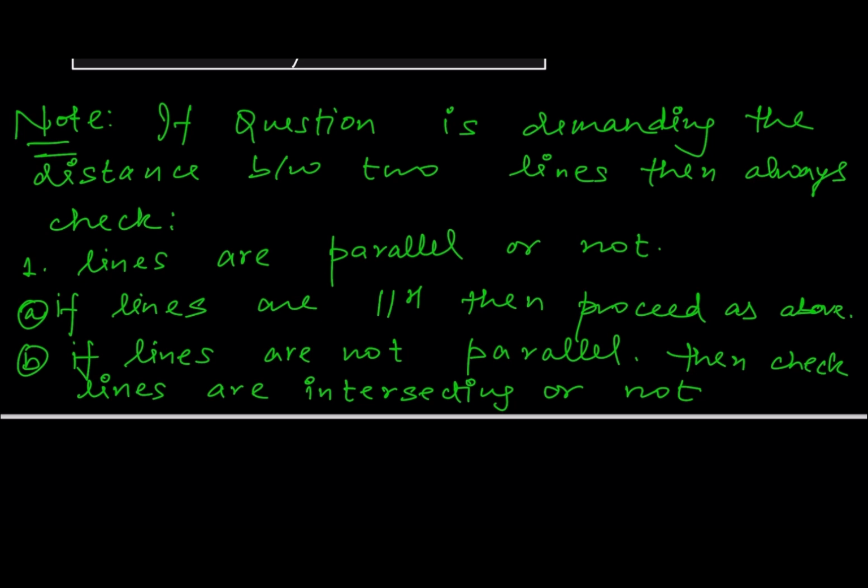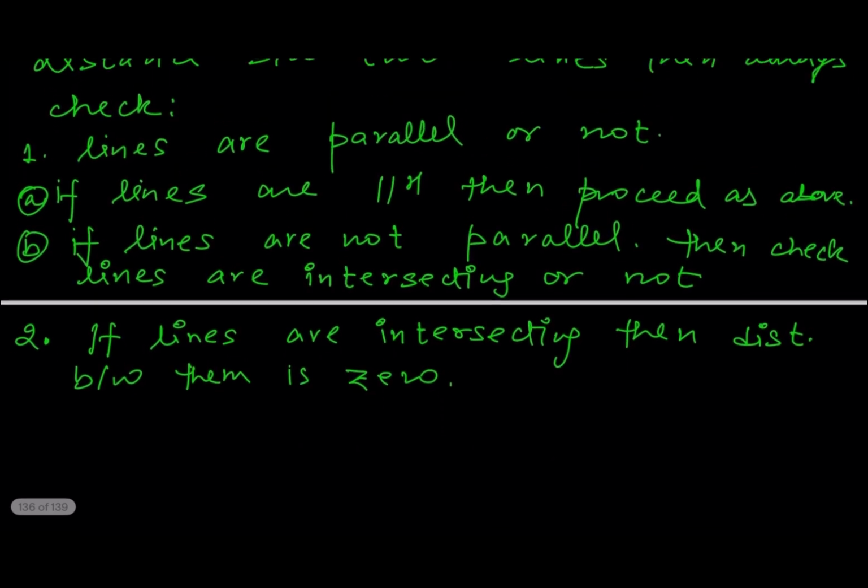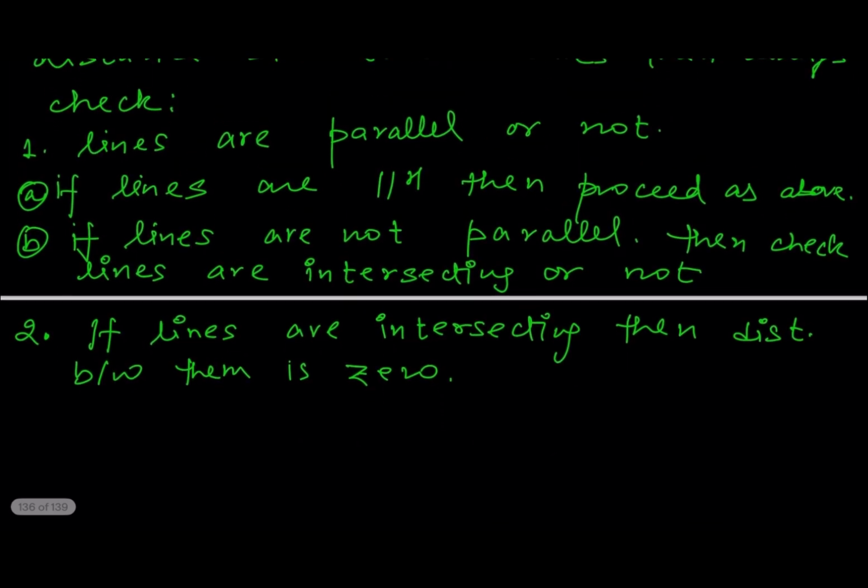If the lines are intersecting, then the distance between them is 0, because the lines are intersecting, they meet each other. And if the lines are not intersecting,